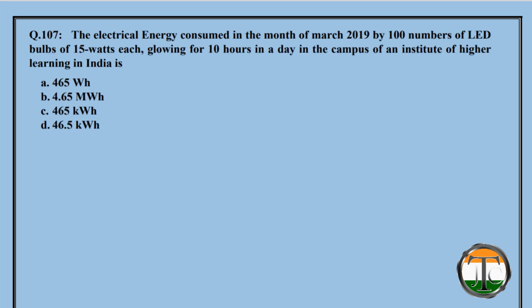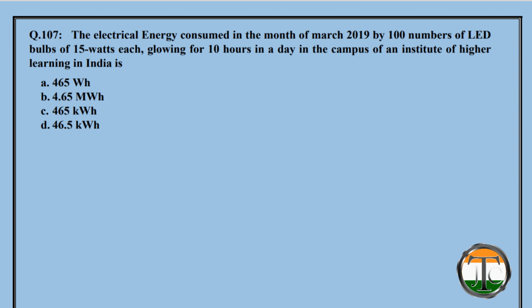So the next question is 107: the electrical energy consumed in the month of March 2019 by 100 LED bulbs of 15 watt each, glowing for 10 hours in a day, in the campus of an institute of higher learning in India, is. Option A is 465 watt hour, option B is 4.65 megawatt hour, option C is 465 kilowatt hour, option D is